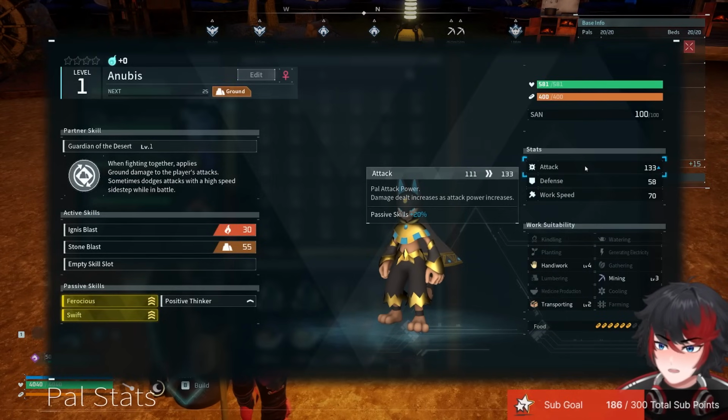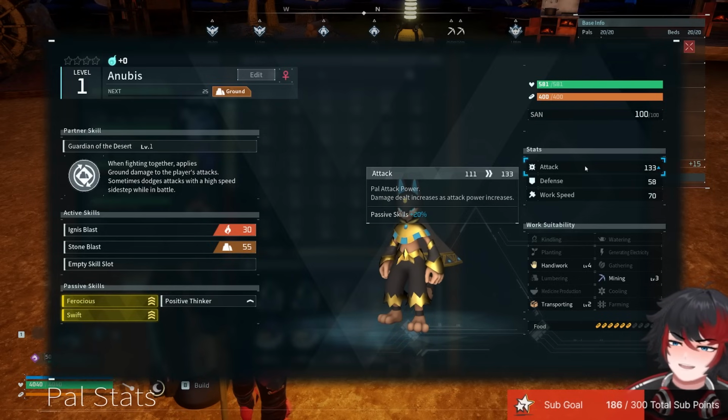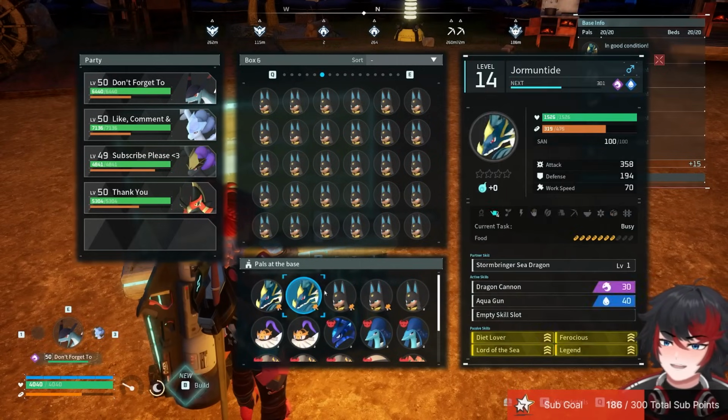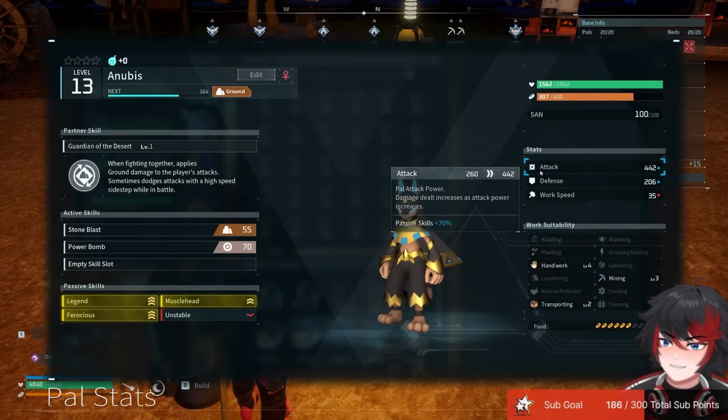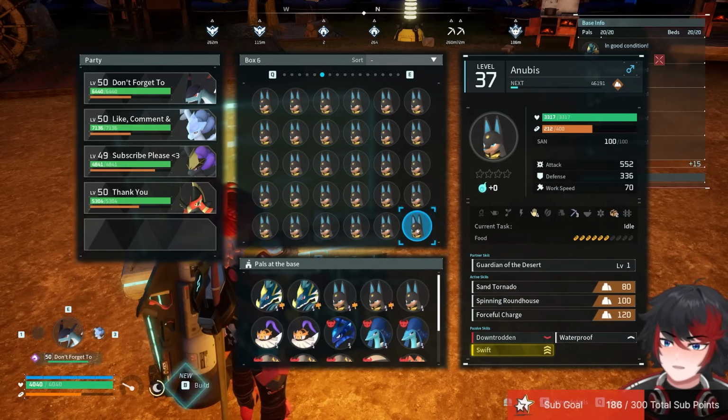But, you know, maybe I shouldn't say that, because I probably shouldn't say that name of the game while I'm playing this. But as you can see, I've used, well, I guess you can't see anymore because they leveled up because they're in the breeding pen. But these guys right here were 112 attack level 1 Anubises. And after I started breeding them together,